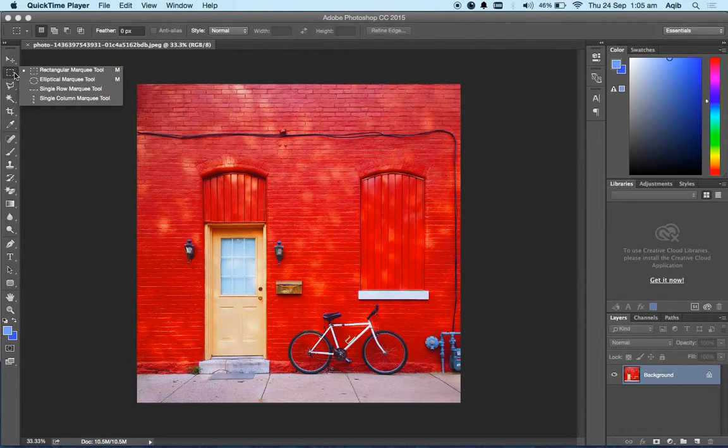If you right click on this tool, you'll see three more options. First is the rectangular Marquee tool, which is already selected. Then you have the elliptical Marquee tool, then the single row Marquee tool, and the single column Marquee tool. By the name, it is very obvious what they will be used for. So let's start with the rectangular Marquee tool. This can be used to select any rectangular